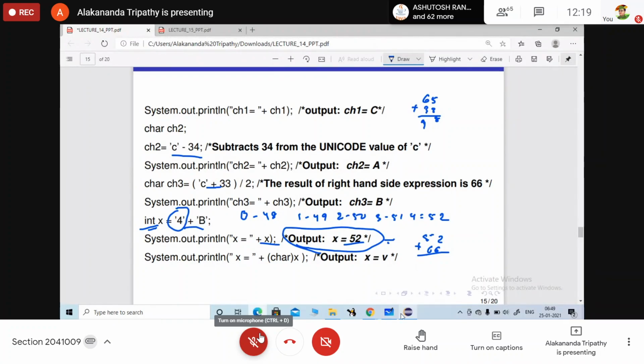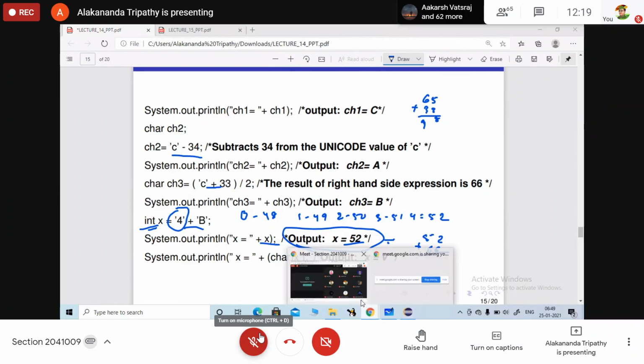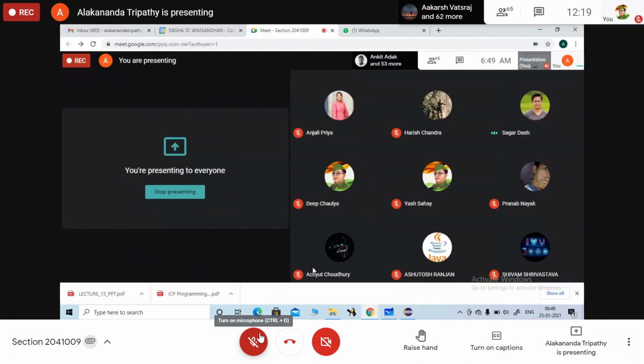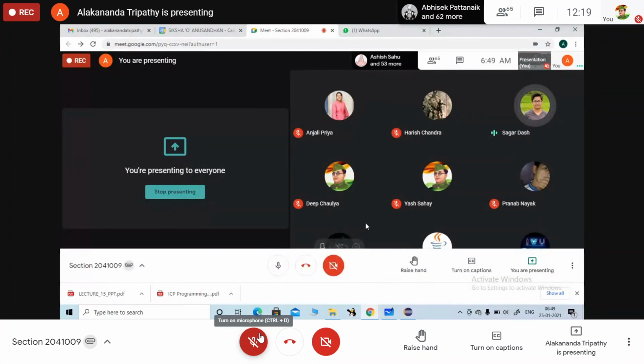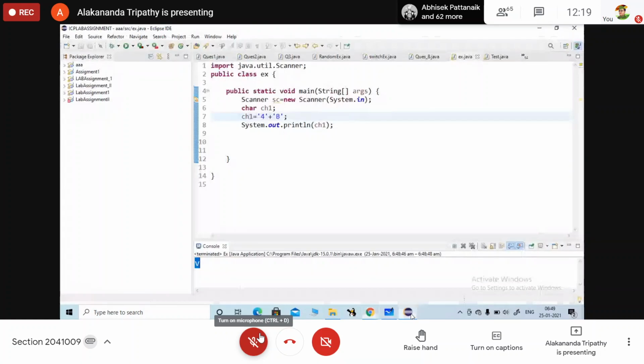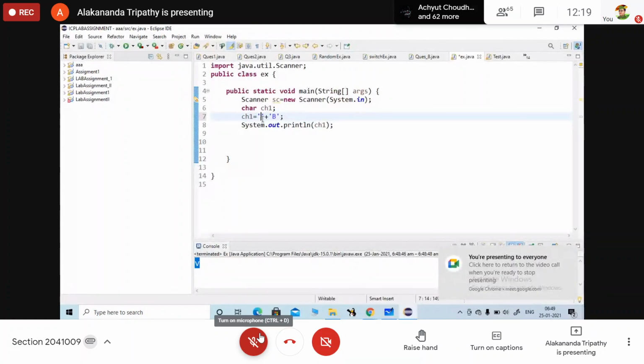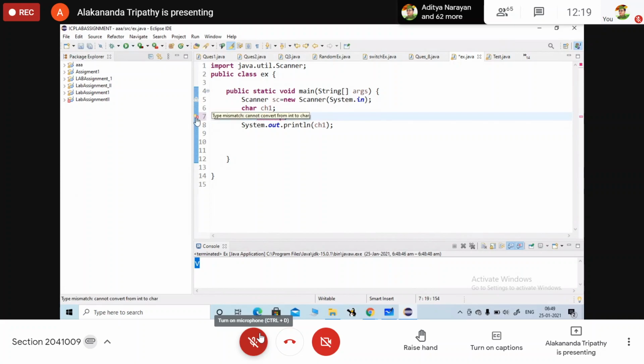Someone is asking some other question. Yes, ask. If we do capital A minus small a, try it using all these combinations. Here you will get the error: cannot convert int to char.